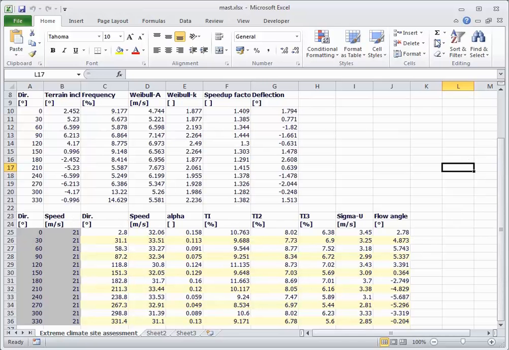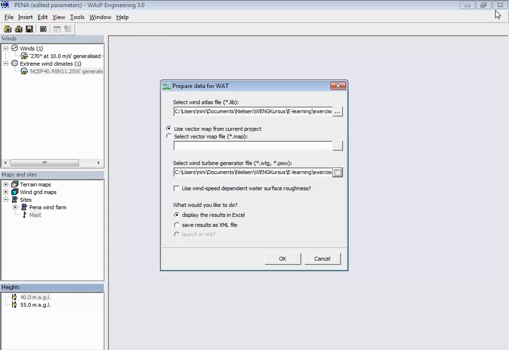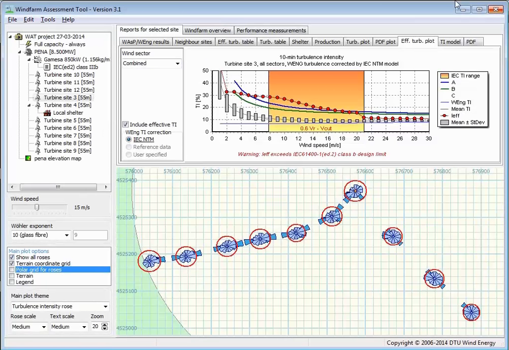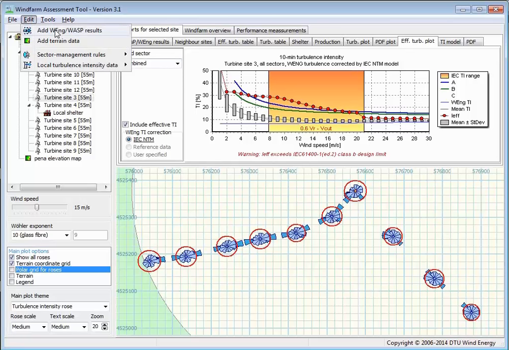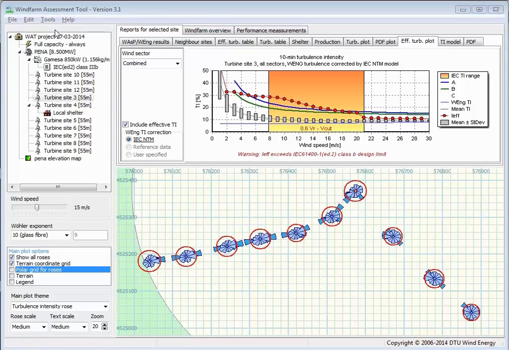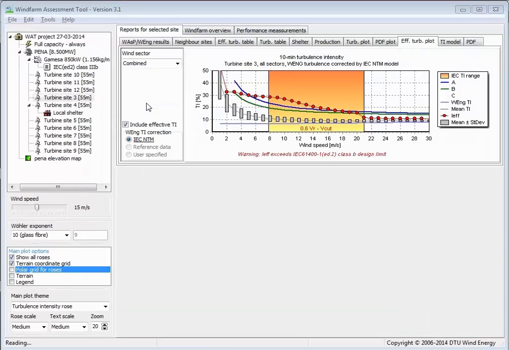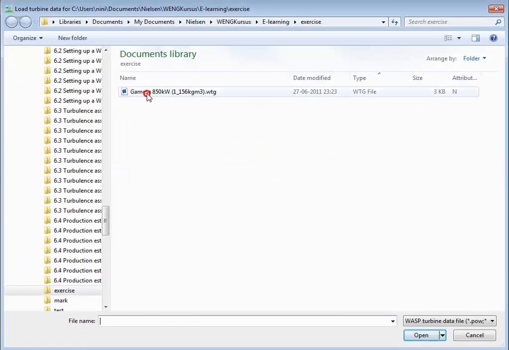And then I remember that I should close this Excel file before starting to work with it in WAT, because Excel tends to block other programs from reading open files. So now we go into WAT, and then we'll try to import this data here, and I know that this was a file name, and it's still asking for a turbine.